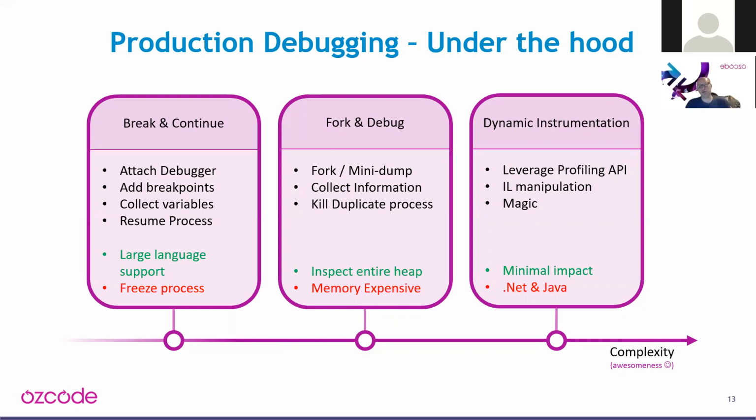Then the other approach would be fork and debug. These would be your equivalent of tools like Microsoft Snapshot Debugger and Application Insights, or the Google Stackdriver solution, where you're essentially attaching a remote debugger, but that remote debugger isn't debugging the actual live process and causing it to halt. It's using copy-on-write technology to essentially take a picture of this process at this particular moment in time, and then I'm going to debug that while the real live process continues serving many customers.